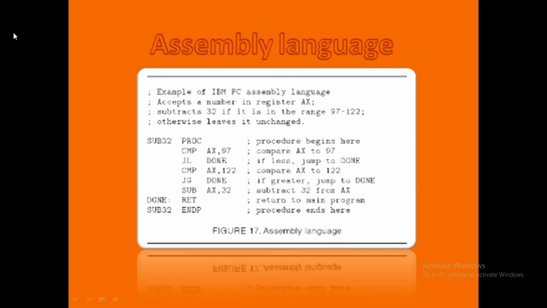Here I have attached a picture of assembly language where instead of zeros and ones some small codes are used. We can say them mnemonic codes, small codes, like here you can see sub, and some of these small codes are used in assembly language. Assembly language is a little bit easier than low level or machine level language, but again has some limitations. That's why the next level language came, that is high level language.